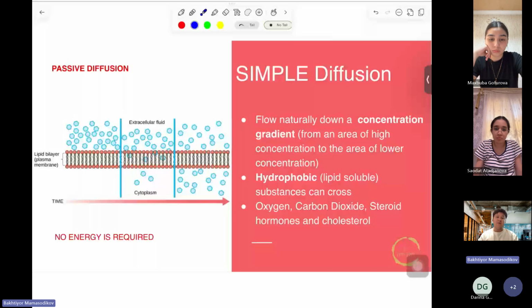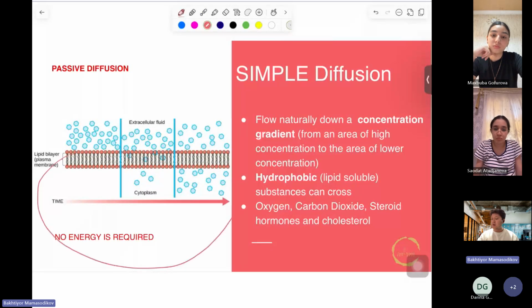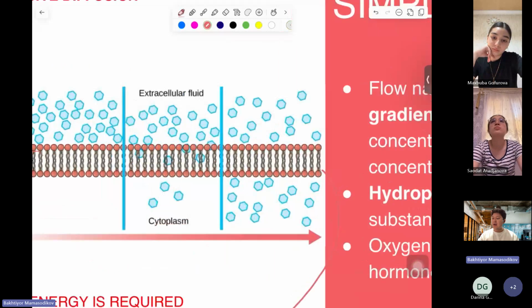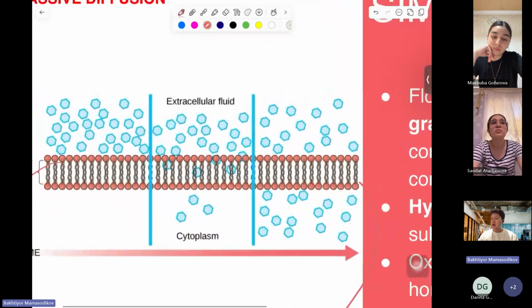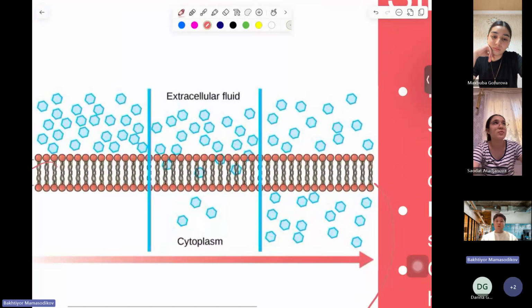This is how I imagine the concentration. Imagine this is the cell membrane. This is the cell, actually. Let's look at the cell membrane. In the cell membrane, I want to move substances into the cell, from the outer sources, from the outside to go inside. So which substances can cross easily through this membrane?